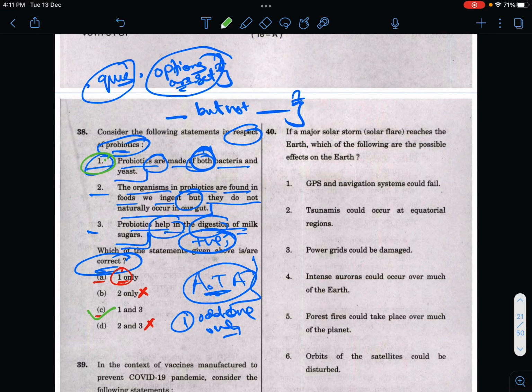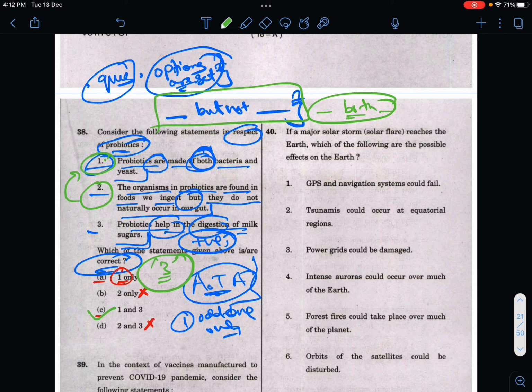Initially, I was also skeptical of statement number 1, because both statements of these kinds are also manipulated sometimes by UPSC, but there's no option which says 3 only, and 2 is more likely to be incorrect than 1, because this form is much more easily manipulated by UPSC, if you observe previous questions, than this form. And that is how I arrived at C. That is what I marked in the examination hall. Again, turned out to be correct.